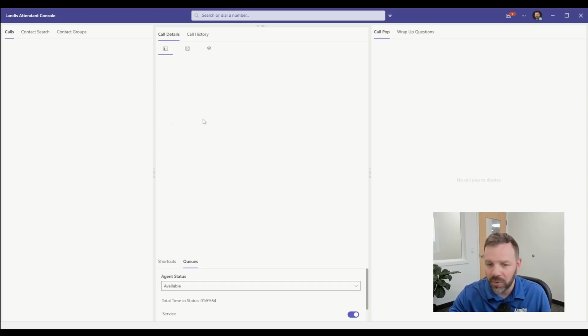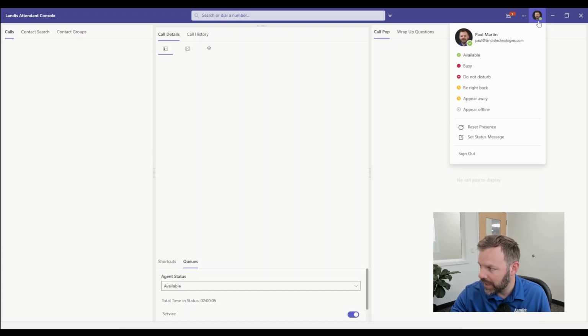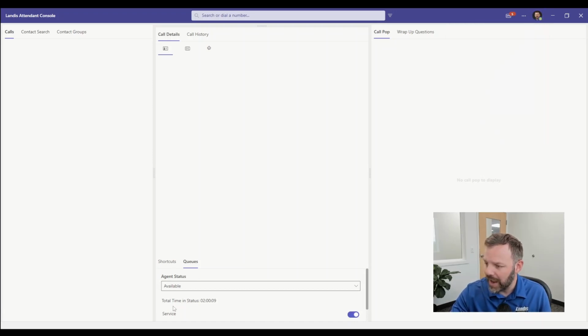And first of all, you're going to notice some blank panels that will light up as I bring a call in and we actually take a live call. Before I do that, you will notice obviously Teams Presence is linked to my regular Teams account, so that mirrors here. And you'll notice a Landis Contact Center queue, sign in and sign out, and status change right here at